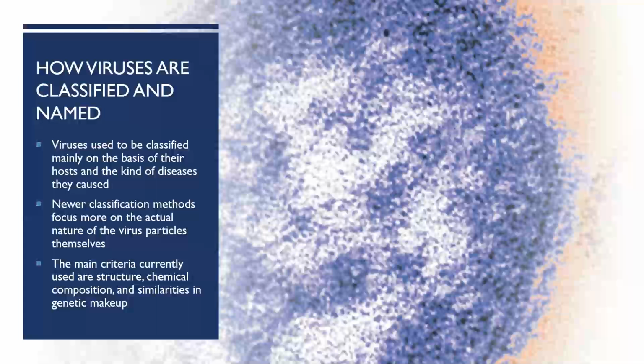The main criteria we currently use are: what is its structure? Is it a naked virus? Is it an enveloped virus? Does it have certain chemical compositions, maybe an extra enzyme? Or does it have certain protein subunits on its outside, as well as its genetic makeup? Is it a DNA virus? Is it an RNA virus? And in the back here, you can see the measles virus. Again, while we can image it, you'll notice that it isn't in nearly as crisp of detail as we would get with